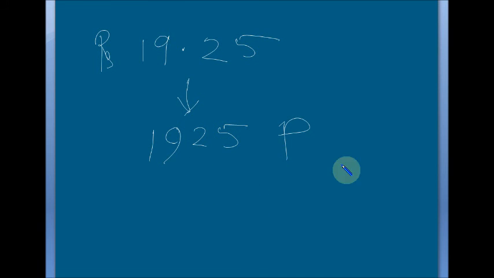Clear? And in this regard, I am also telling one thing. If there is 19 rupees only, then what will be the shortcut method? Rupees 19 means rupees 19.00. That means there is no paise. So to convert this into paise, just omit the decimal. There will be 1900 paise. These are very short methods for a class 3 student.